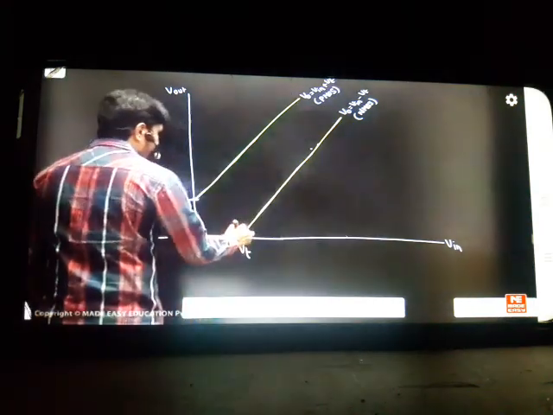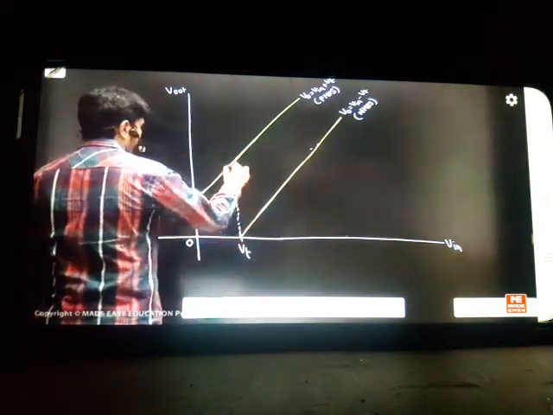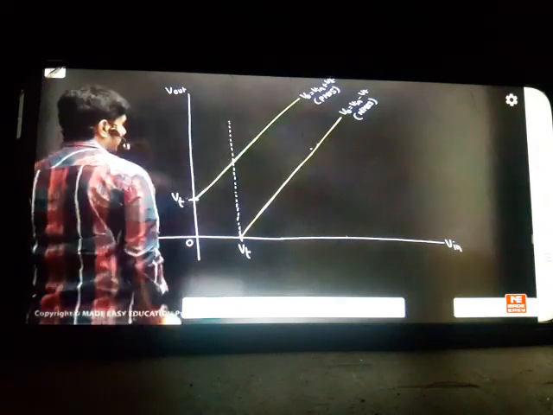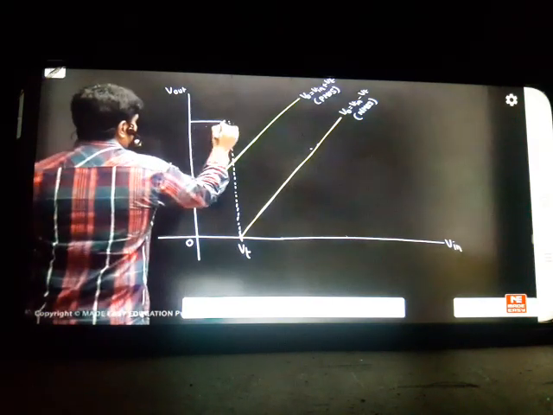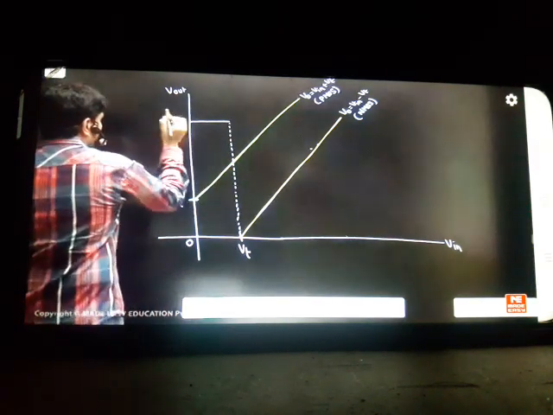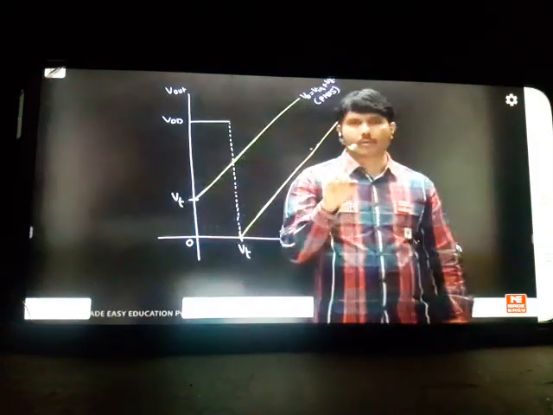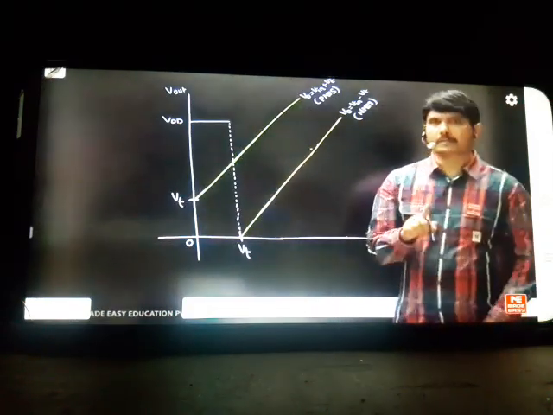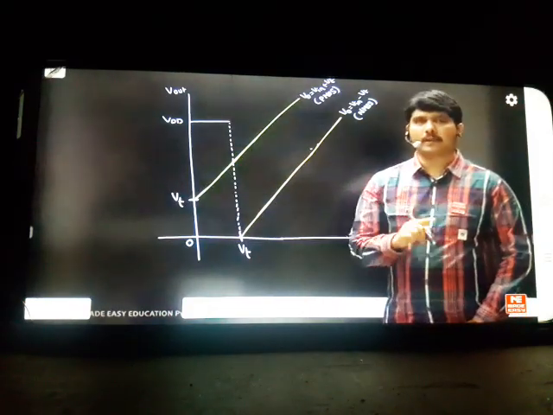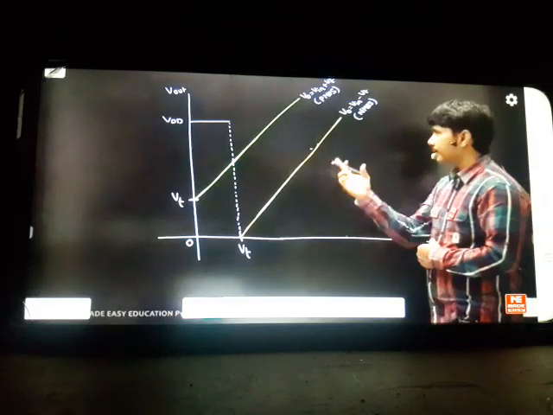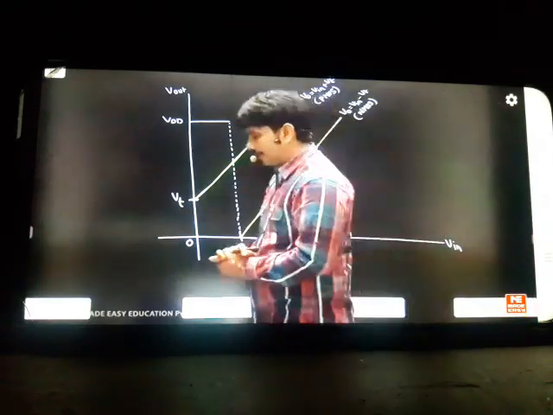What is the logic I told? Your M1 is NMOS, doing the same work. Till now what it has done is, when it is switched off, M1 gets the highest voltage VDD. The minus VT problem is solved, because here no switch is in current saturation. We are not fixing current saturation, both the switches are moving. So we cannot have a threshold voltage here, so we have VDD directly. That is an advantage we got. If one is fixed with current saturation, you have to supply threshold voltage.